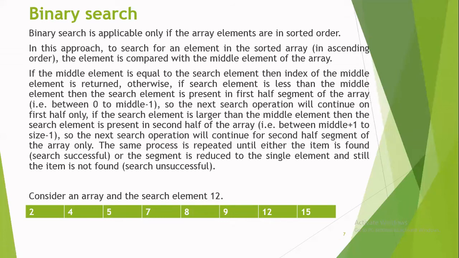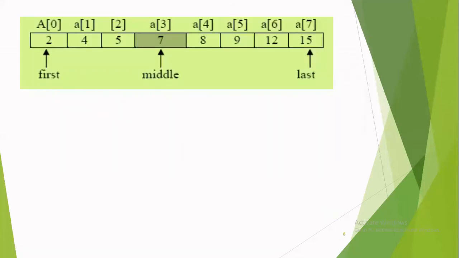To search for the element 12, this binary searching technique uses 3 pointer variables. These pointer variables point to the index values of the array. The first pointer variable, we call it first, points to the first index value, that is the beginning index value of the array, and the last pointer variable points to the last index value of this array. Here I've considered the array whose index value starts from 0. Hence, the last index value is 7. There are totally 8 elements and the last index value is 7.